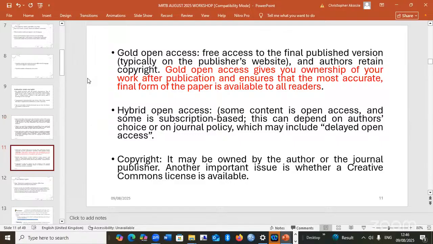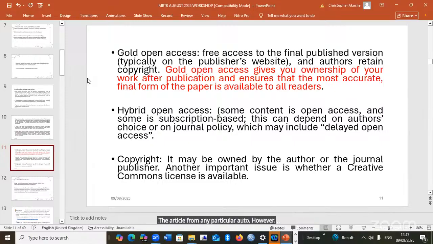There is also the gold open access. In the gold open access, people only have free access to the final published version of the article, and this will be on the publisher's website. Anybody who goes there can read the article from any particular author.